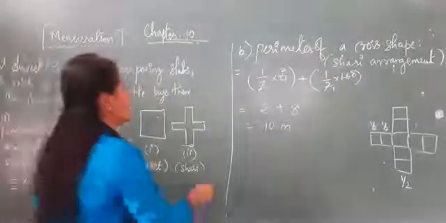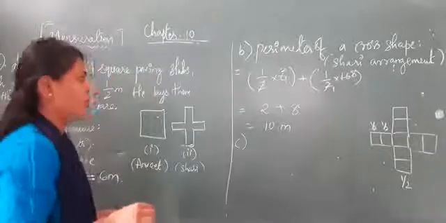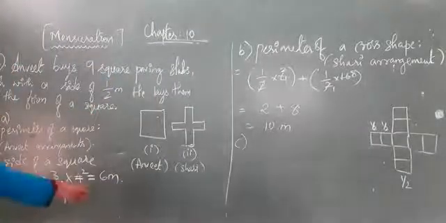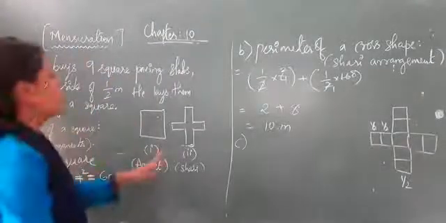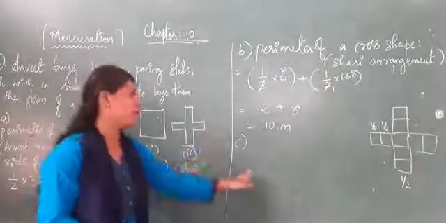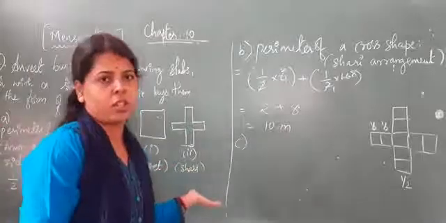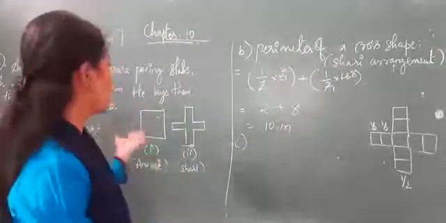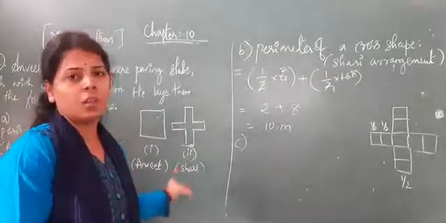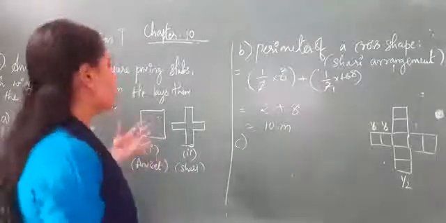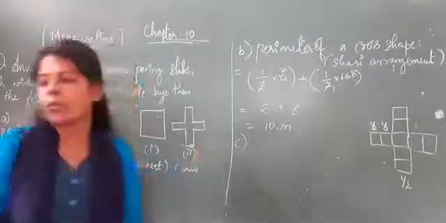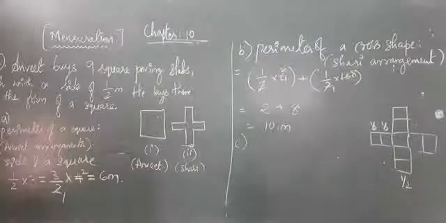Okay. Now the C question is, which is greater? Obviously, if you compare this 6 meter with that 10 meter, the cross shape is greater. And the D answer is, as you said, if you want, you can get into one more arrangement. But it is not possible. Other than that, you cannot distribute those equally, right? So what happens? If you see in that greater, the answer is, you can see there.